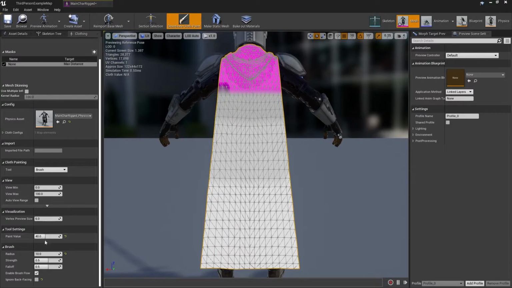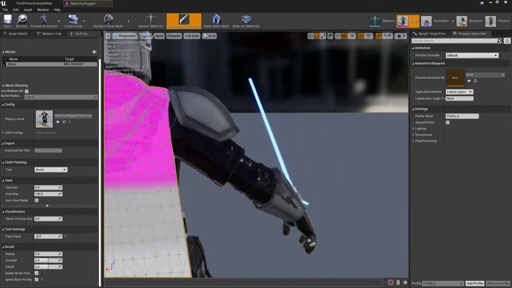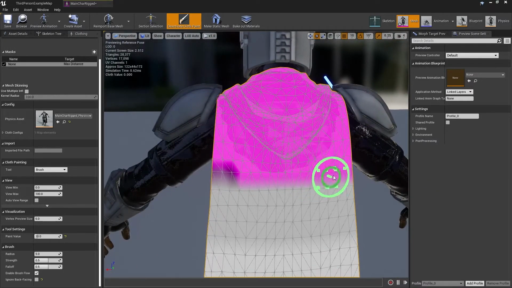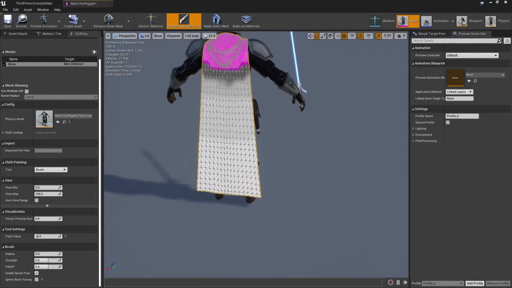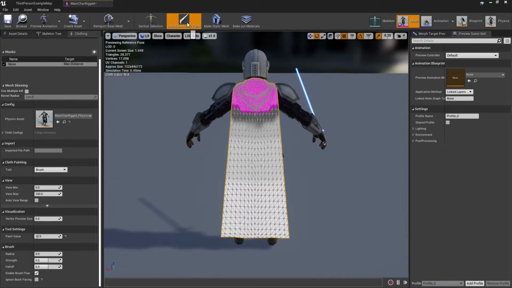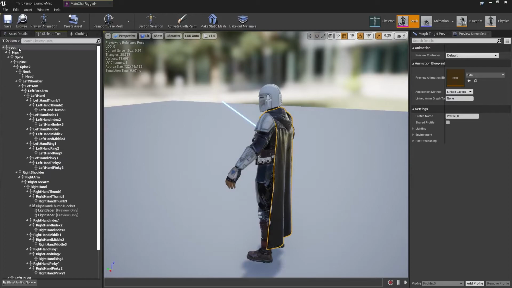Only paint the cloth part which you want to simulate. Pink and black shade means no simulation; that part will be static mesh only. After painting the mesh, deactivate the cloth paint and instantly you will get a clothing simulation result.